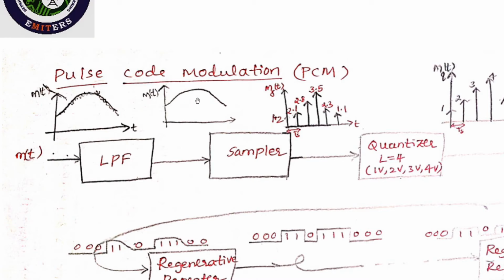Now this low pass filtered signal is applied to a sampler, which is an electronic switch, you can say,